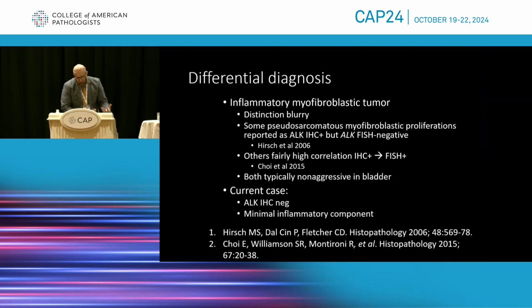So we're talking about myofibroblastic proliferations of the bladder. What's the distinction between those and inflammatory myofibroblastic tumor, or IMT? I think the distinction between those two is kind of blurry, and some would perhaps lump them all together into one. Interestingly, one study earlier found that although sometimes there was ALK positivity in these myofibroblastic proliferations, the ALK FISH was negative. However, I'll show a more recent study which might explain what's going on with the ALK situation